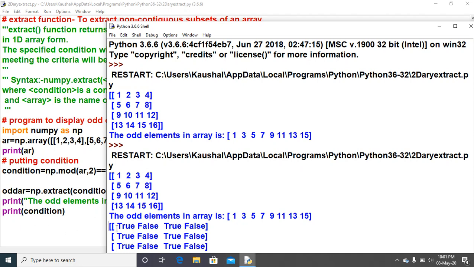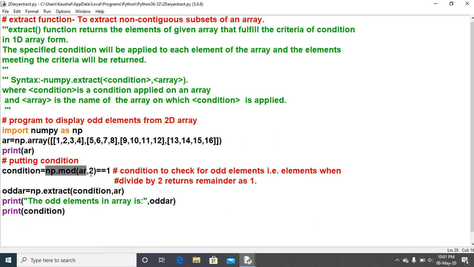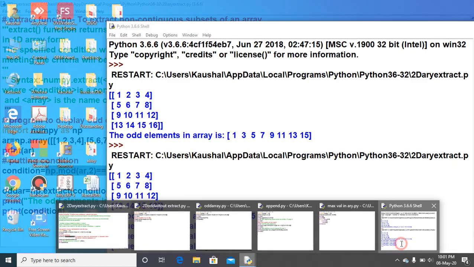The output for print condition is this one, true. This true is for which one? For this particular element. And this false. Why is false coming? Because in this element, this particular criteria doesn't fulfill. That is why it returns false there.